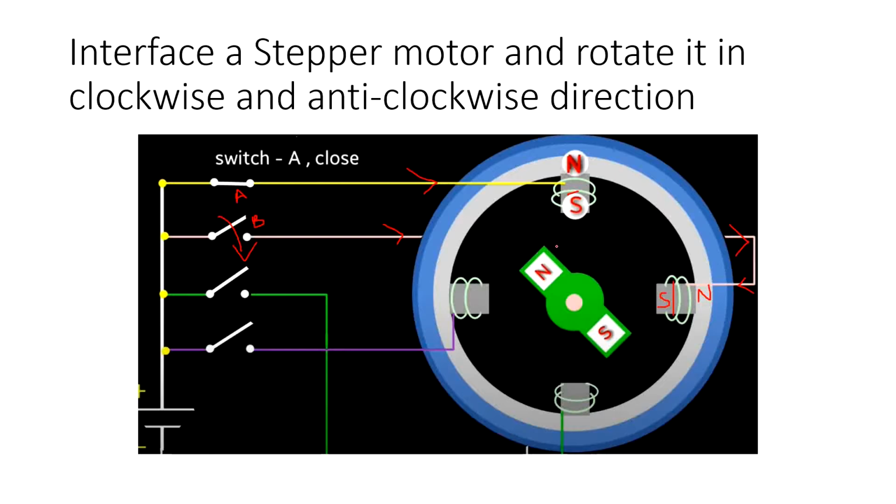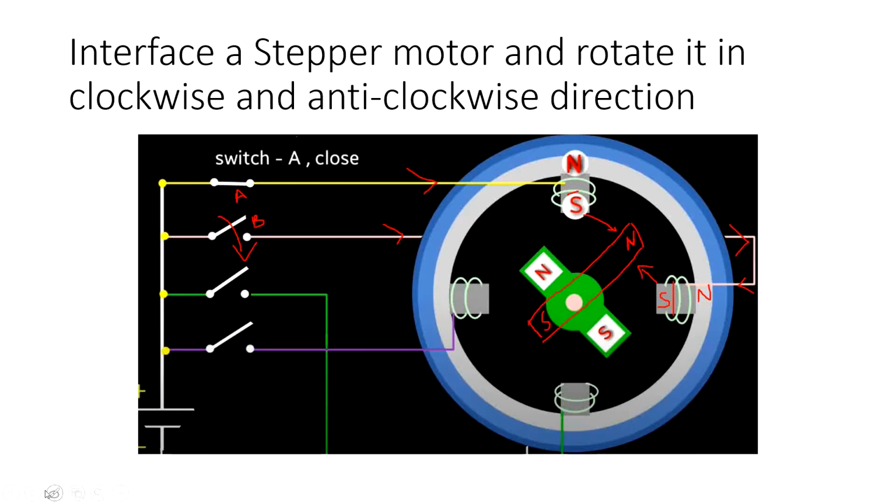In this case, what will happen? The rotor comes and stands in between. That means it will be between the A position and the B position. So this one will be the north and this one will be the south. Why so? Because this south pole wants to take this north pole, and this south pole also wants to attract the north pole. So the north pole will be in between the two magnets. That's how we can understand the working of the stepper motor.